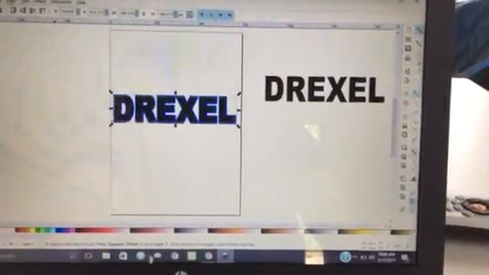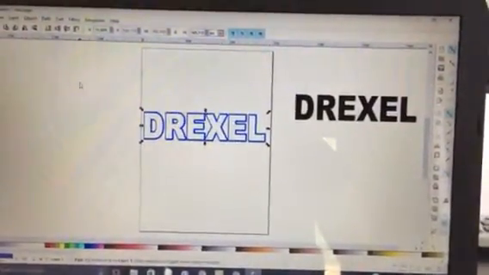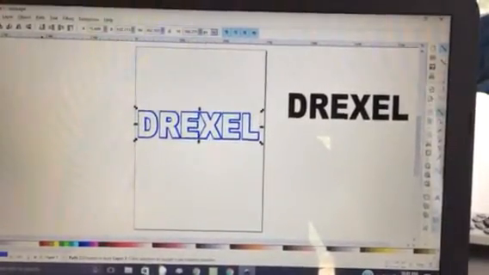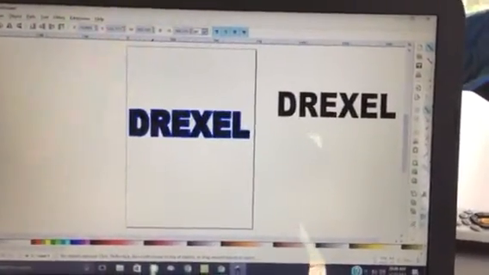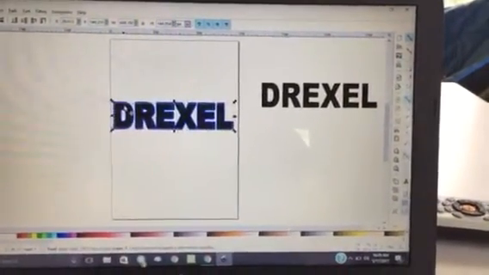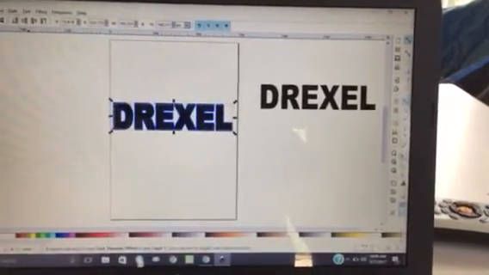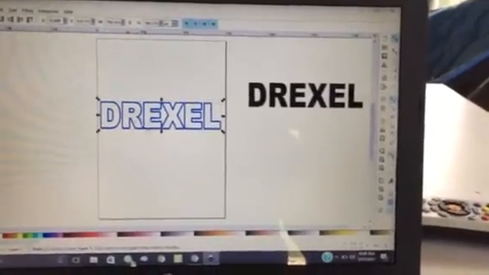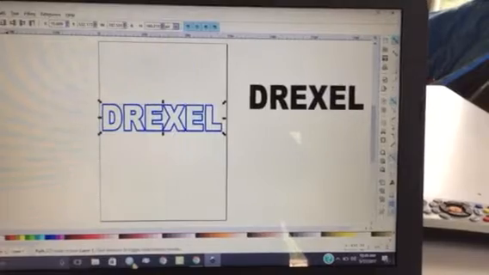Now I'm going to select all. I'm going to go to Path and Difference. That's just like slicing. Now you can see that I didn't have it exactly centered before I sliced it, so I'm going to go Edit, Undo Difference. I'm going to move it just a little bit to the right. Now I'm going to select all, Path, Difference. Okay, so now you have an outline, but you want it a little bit thicker so that it covers all the edges